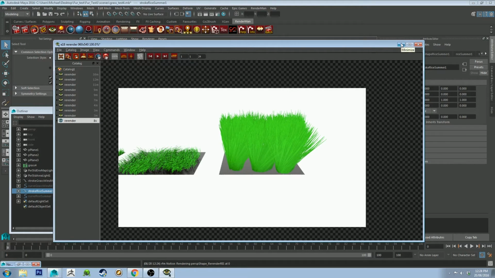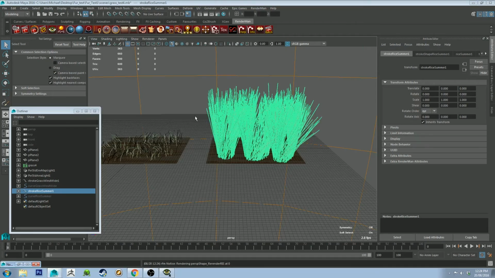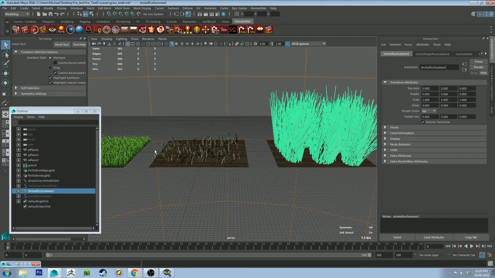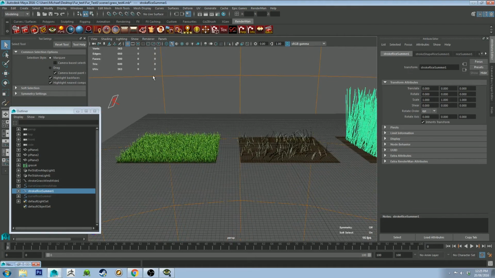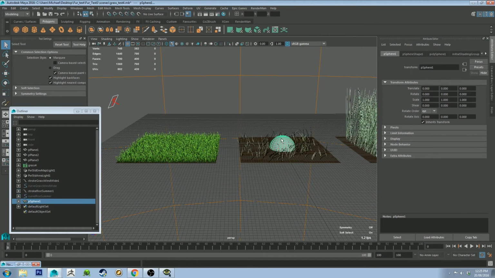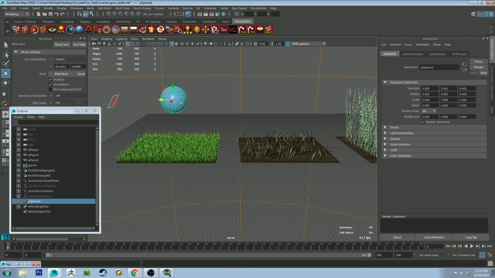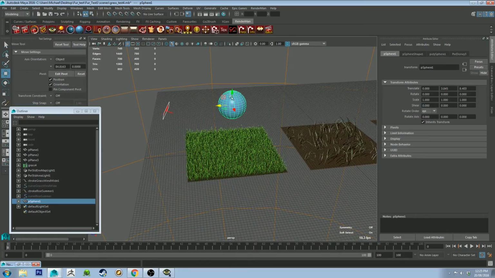Now, one other thing before we wrap this one up: if you've got other objects in your scene, you might want them to collide with the grasses that you've created. There's a couple of different ways you can do this. So let's just create a sphere, and let's give it a blue shader so we can see it easily amongst the grass. So the first thing with the xGen,